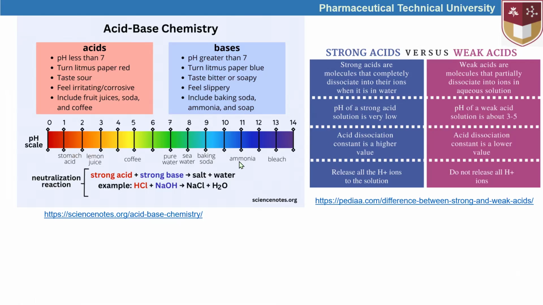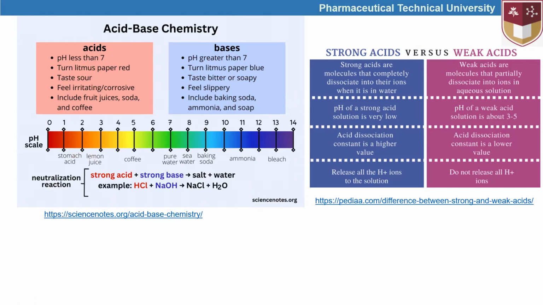So these are about the acids and bases and their differences. And when we have the reaction between a strong acid and a strong base, we can expect the formation of salt and water, and the pH is expected not to change as shown in this example, because sodium chloride can be dissociated into ions, and they are expected not to be reassociated with